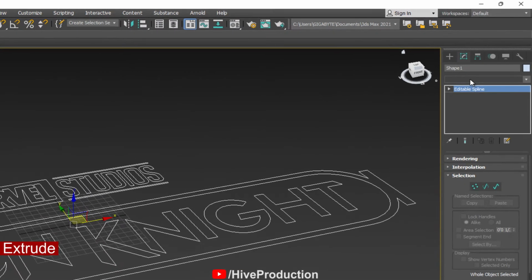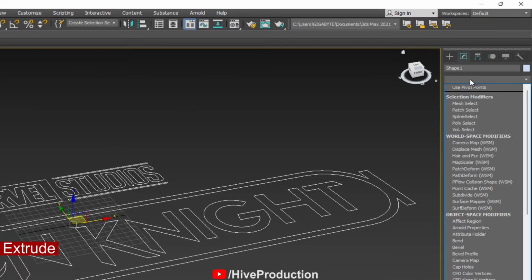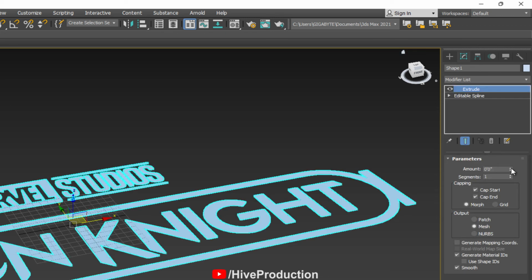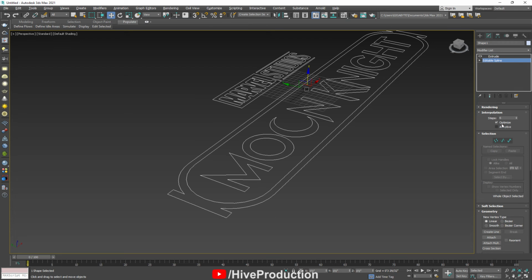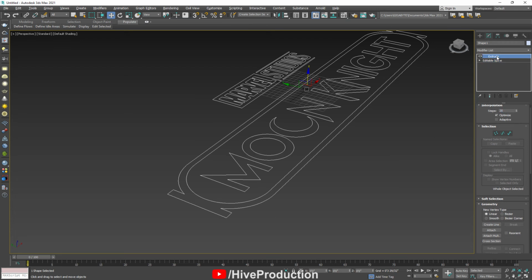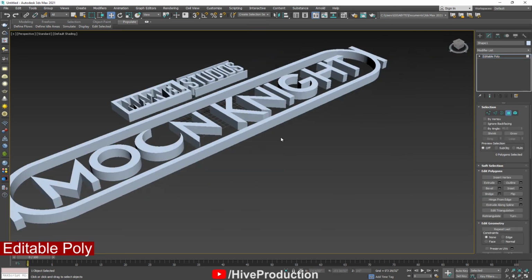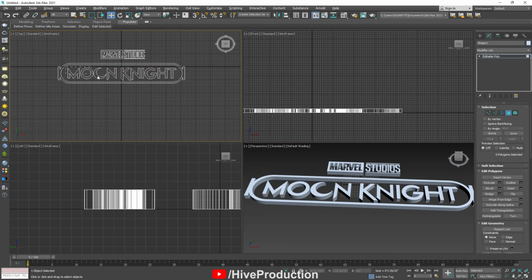So here I'm going to select the modifier called Extrude modifier. Extrude modifier will help you give the depth or height, but before that I'm going to increase this interpolation segment, then increase this. So it is looking like this. I'm going to convert them into poly, and after converting to poly, just take the polygon,